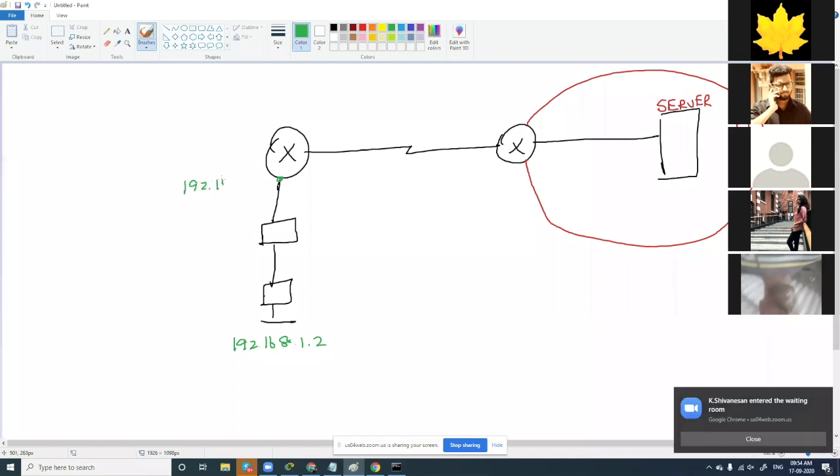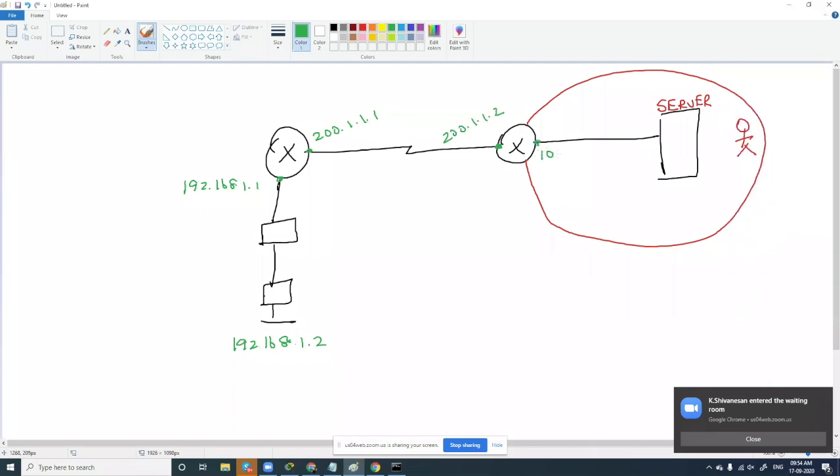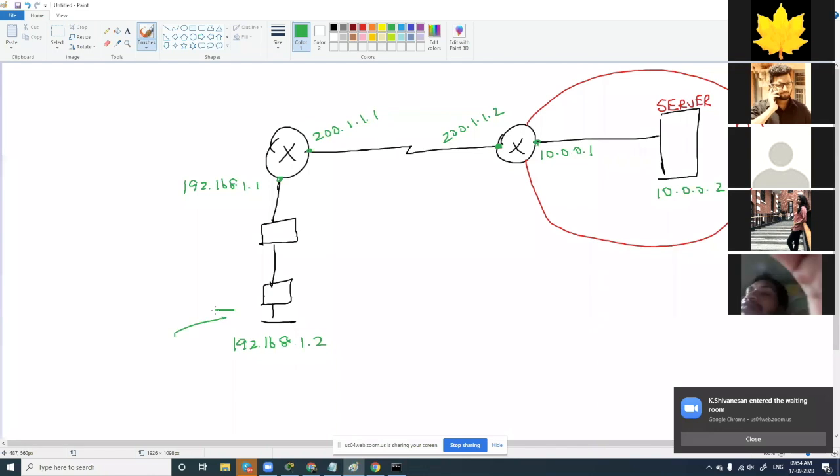So it is 192.168.1.1, and we'll give a public IP address here, 200.1.1.1, and this will be 200.1.1.2, and this we can keep as 10.0.0.1, and this is 10.0.0.2, right? And this is a remote computer which is somewhere, right?